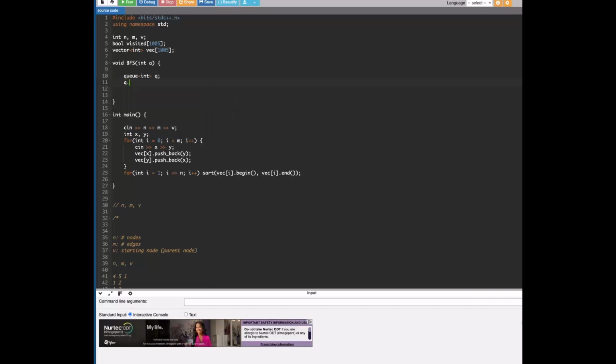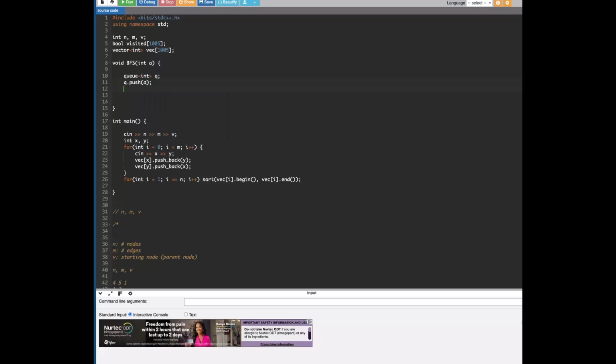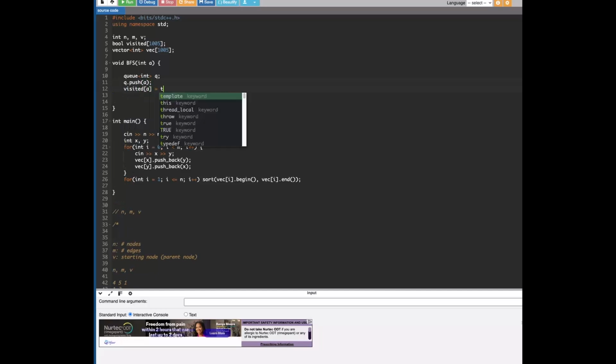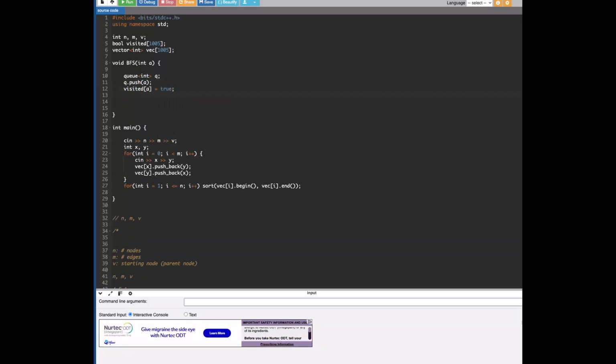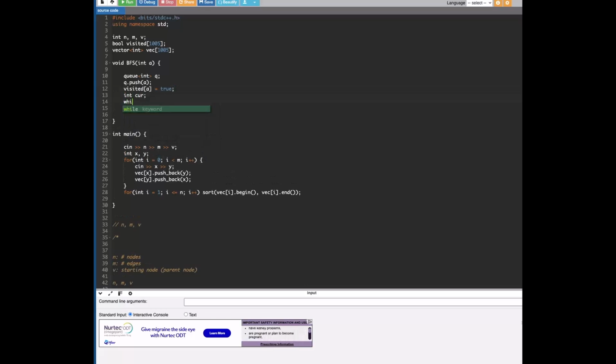So first things first, we'll push the current node integer into the queue. We'll set visited of this equal to true so that we don't go to it again. And then we'll have our current node integer. So while queue.empty is not true,